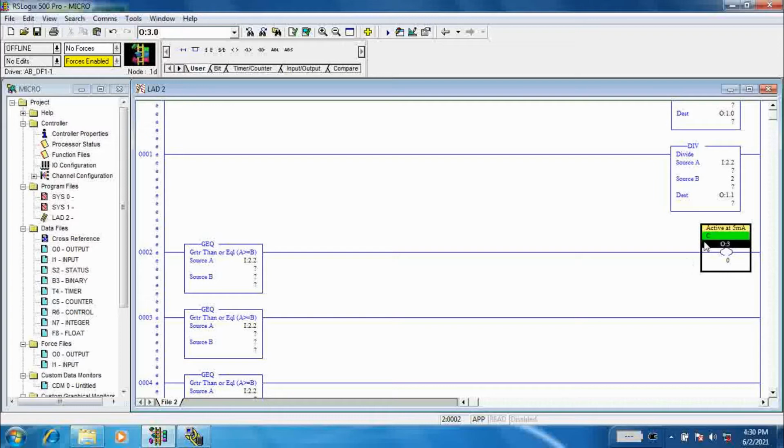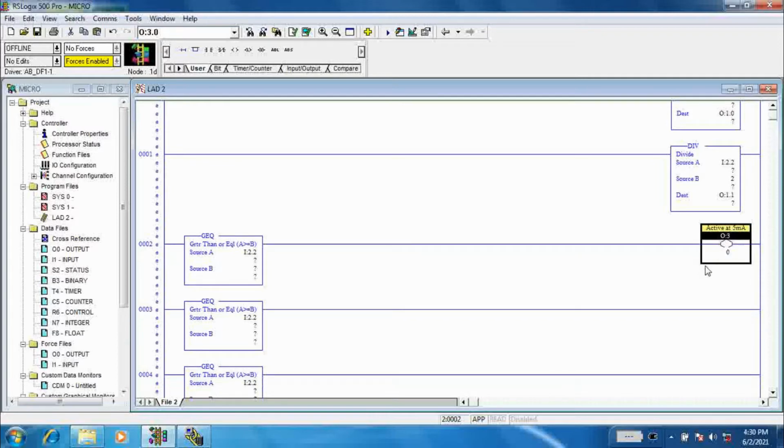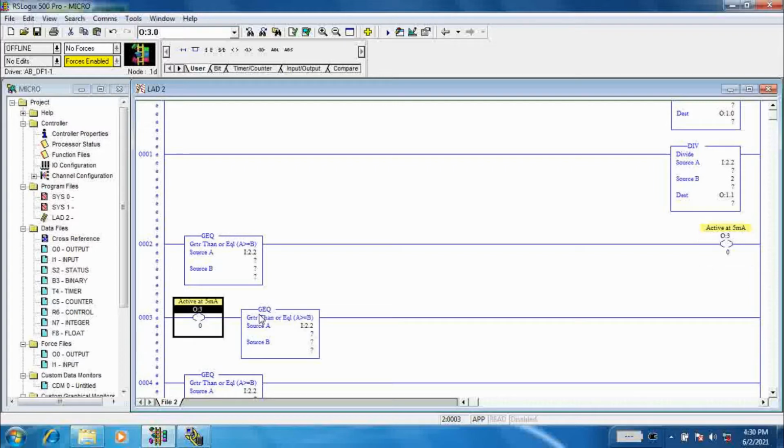Similarly, configure all the remaining outputs to indicate the milliampere current from 5 milliampere to 20 milliampere.